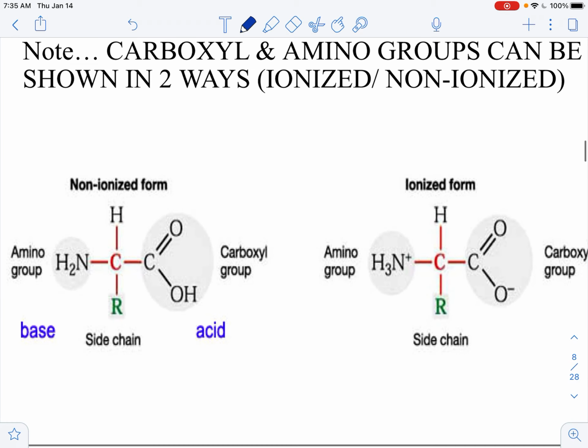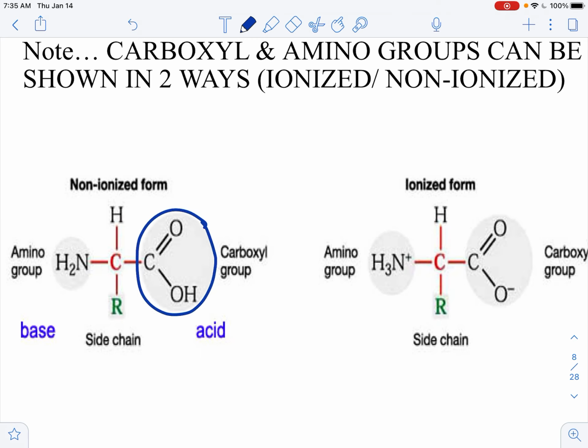So note then, I mentioned this in the thing above, carboxyls can be shown in two ways. So let me circle the carboxyl groups in one color and do that on yours too. Pick a color. And notice the two versions you see, there's the C double bond O, OH. It can also ionize and lose this H, C double bond O, O minus. Don't worry about what that means or why. Just be able on a picture, if you see this, recognize that as an amino acid